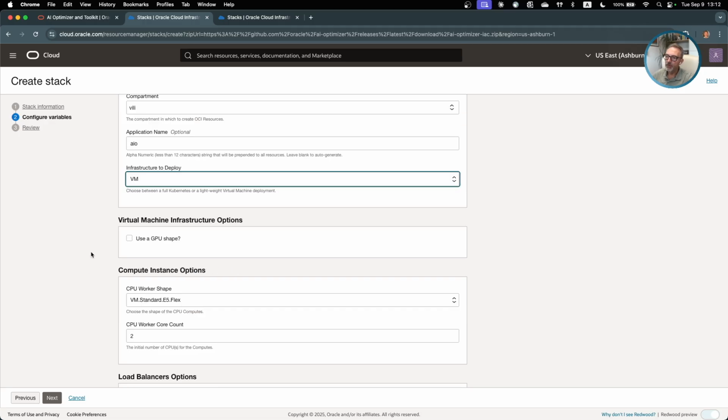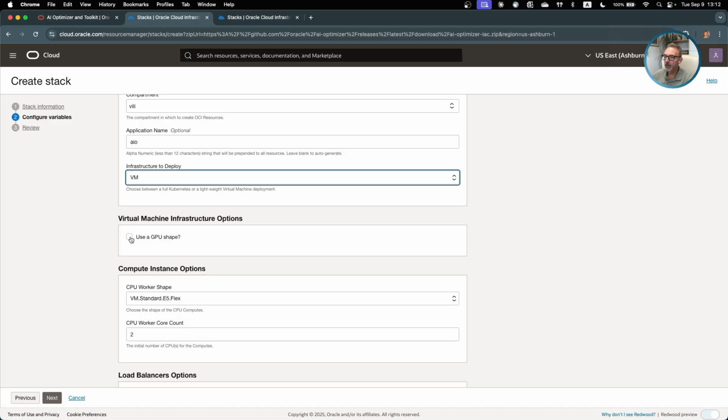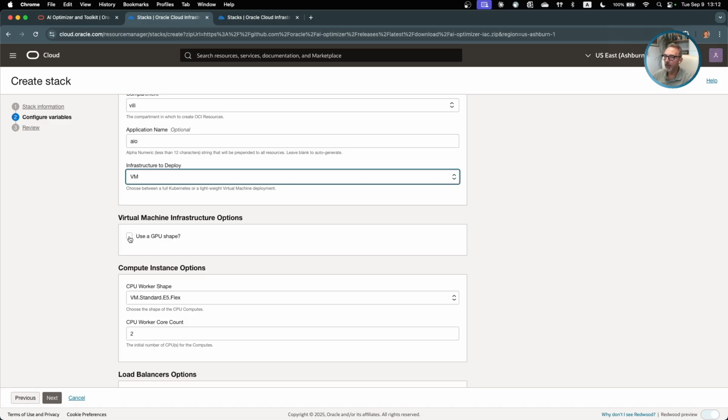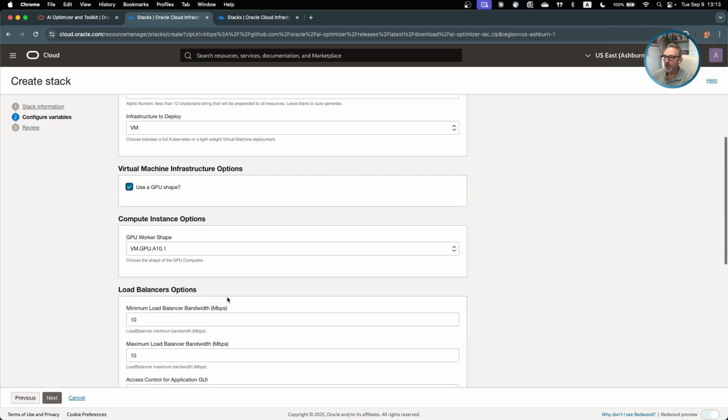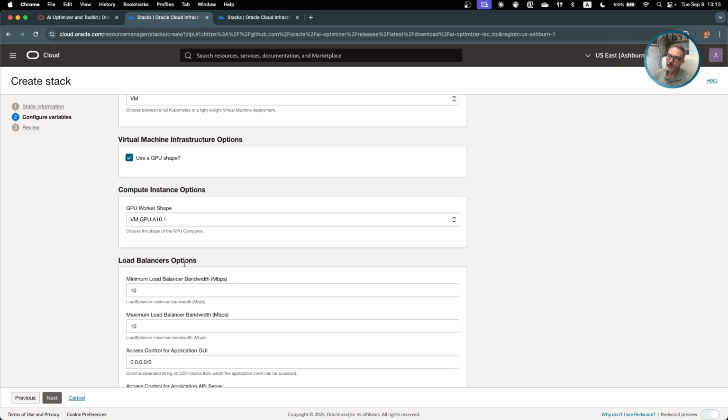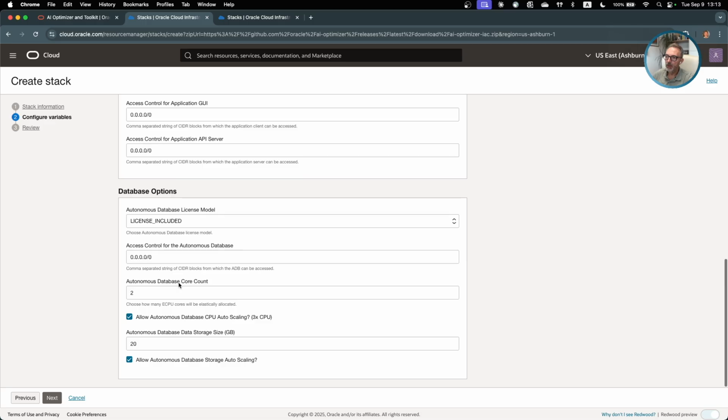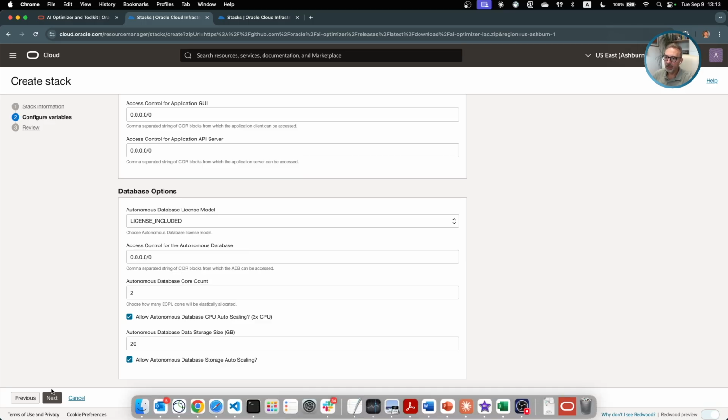Of course, you can use the normal CPU shapes, but if you would like to accelerate the usage of LLM models by using GPUs, you can use the GPU shapes as well. I will choose to use GPU shapes, leave all the rest of the configuration by default, and click next.